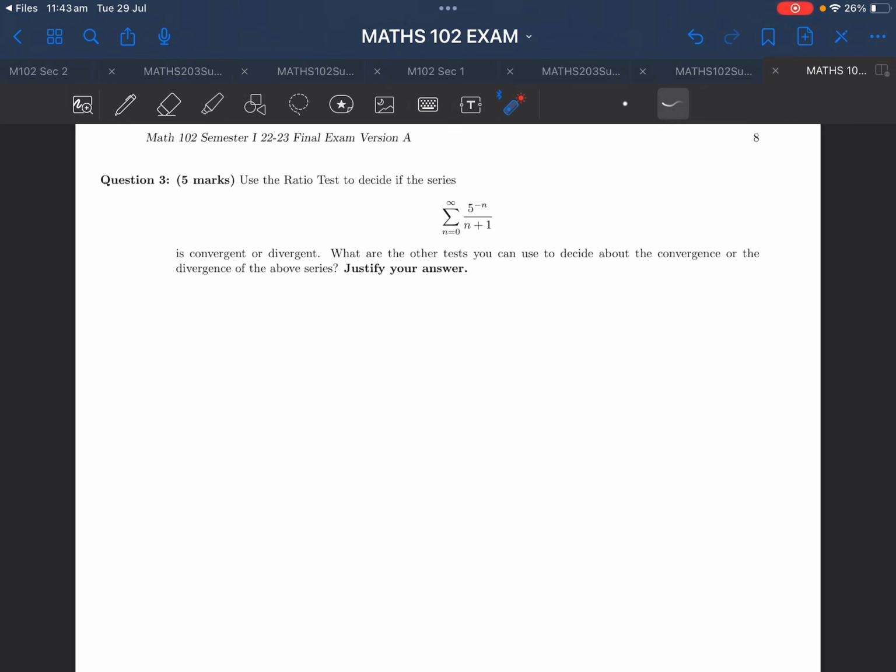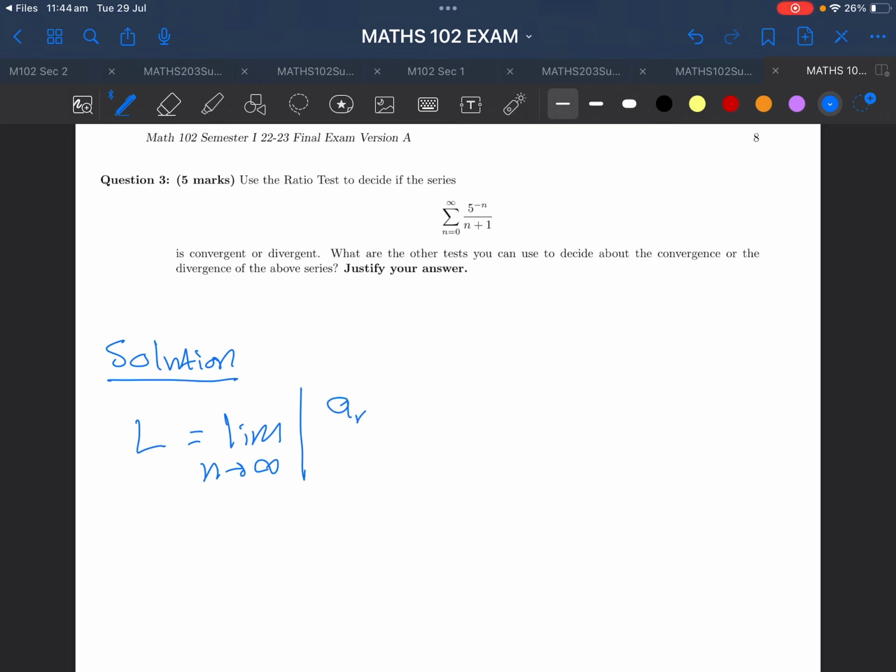And this question is telling me to use the ratio test. So I have to use the ratio test, no other choice. I will use the ratio test for this one and check if it's convergent or divergent. Now, let me remind you what the ratio test is. In the ratio test, we need to find a limit, we call it L, as n goes to infinity, of the absolute value of a_{n+1} divided by a_n,